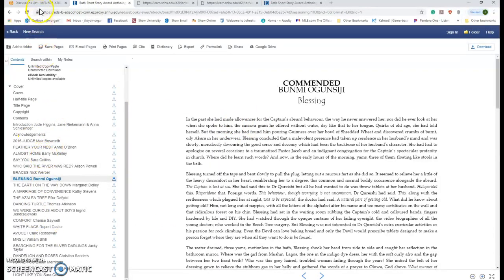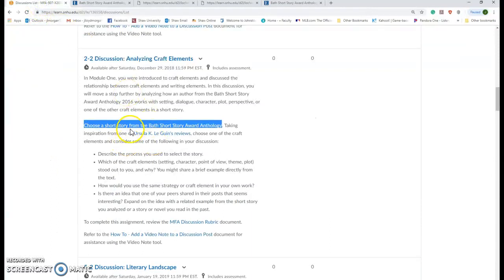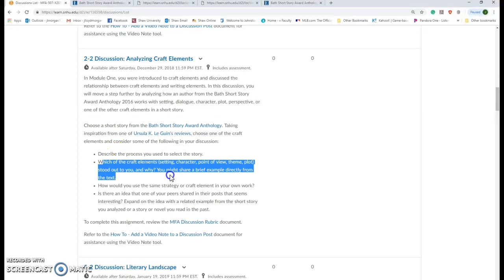Yes, we saw that. So you're going to pick a short story and take inspiration from one of Ursula Le Guin's reviews. You're like, where the heck is that? Well, again, that's back under those readings and resources. There's a link to that, or you can also click right there. Basically, discuss one of the following: which of the craft elements really stood out to you? Now again, we're talking about point of view, but it can be theme or plot or setting or character, anything like that. So you're basically going to be discussing this,